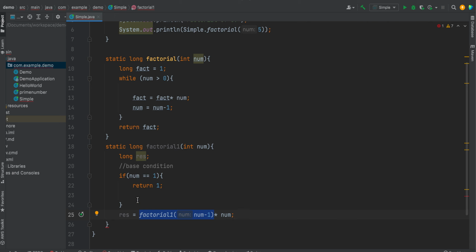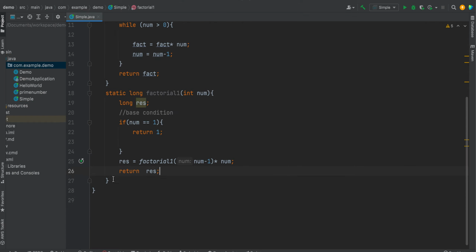Similarly, in the next case, if you know the factorial of 3, you can simply multiply this factorial of 3 value by 4, and it will become the factorial of 4. So if you continuously divide the main problem into sub problems until it becomes 1, it is going to give the result. Let's see how it is going to perform the operation. Let's first write it here.